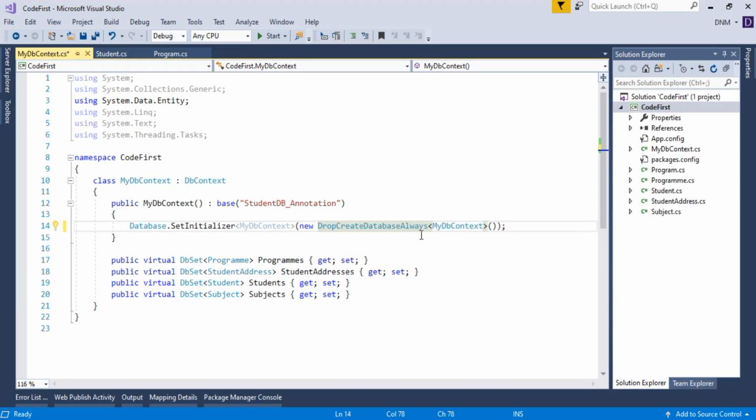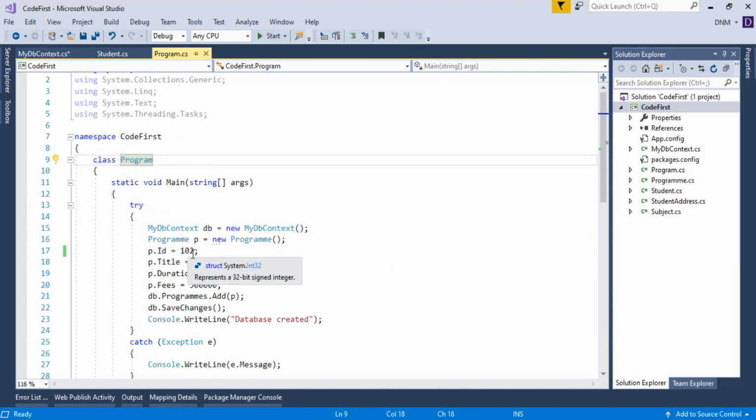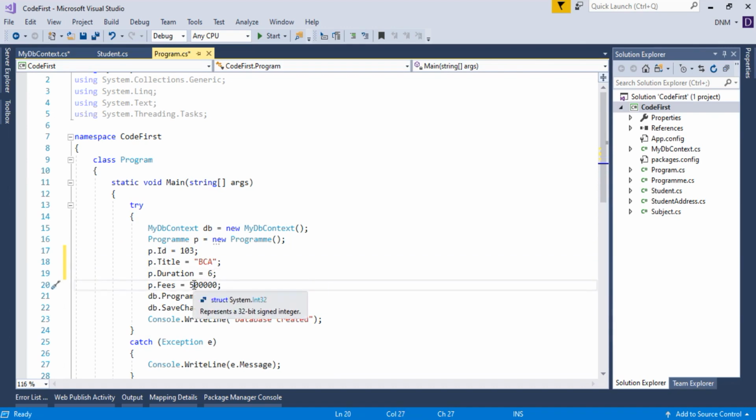And again I am going to change some data here. I'll say 103, BCA, duration is 6, and fees say something like 2 lakhs, and that's it.